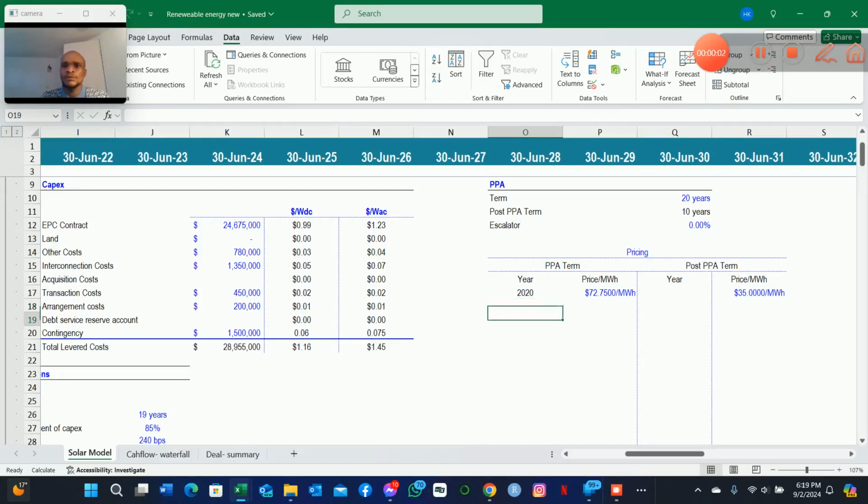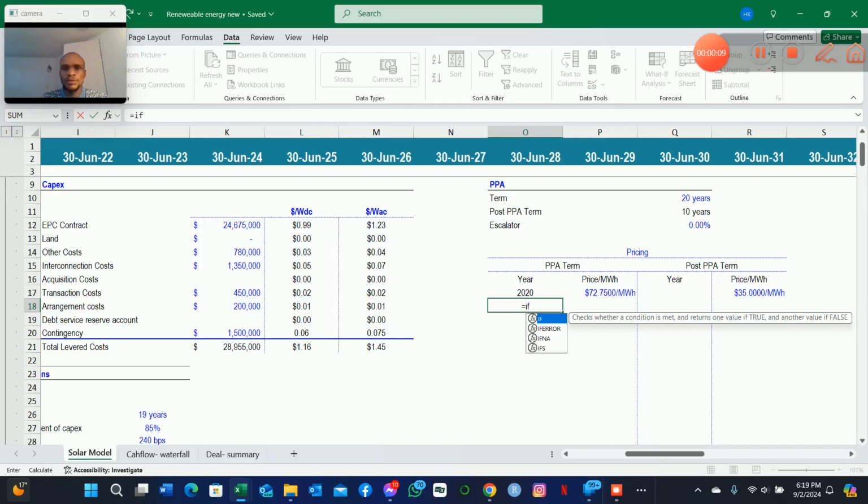Now we are ready to determine the years, so it's going to be equal to, we'll state a formula that says that if the year that we are in, we have to reference that with F4, plus our PPA term, plus 20 years to that year, that is 2022, reference that cell with F4, then